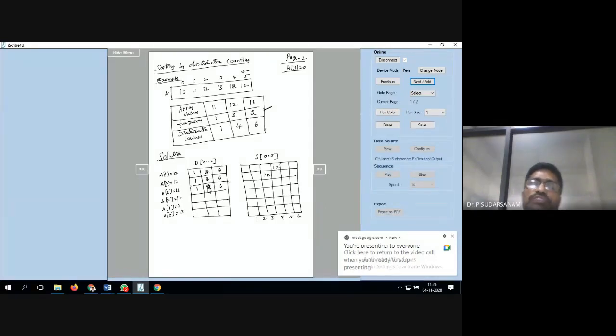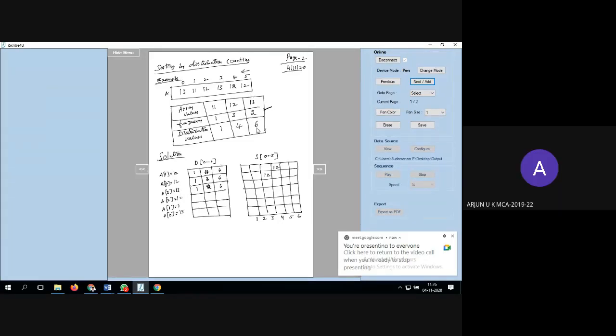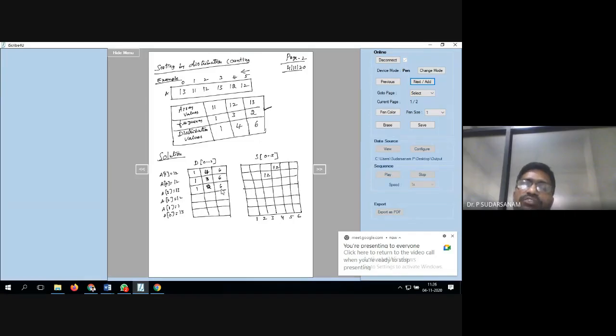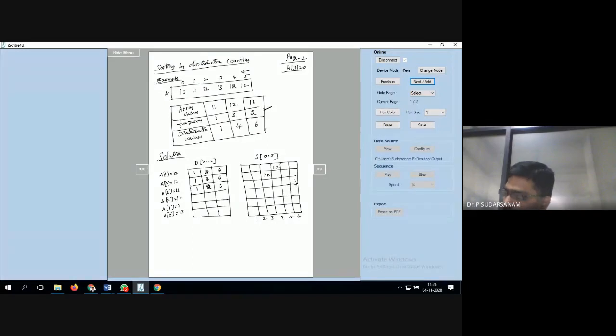So now 12 is over. What is the next value? 3, sir. 3 is how much? 13. 13 in the distribution table, what is the value? 6, sir. Now what you have to do? The sixth value, we have to place in the sixth position of the distribution. Enter it 13, and the sixth value decrement by 1. So 6 minus 1 is nothing but 5. Remaining values as they are, you copy it.